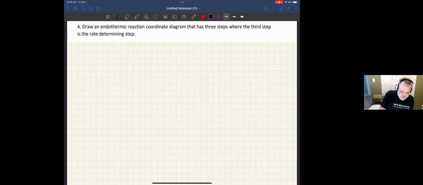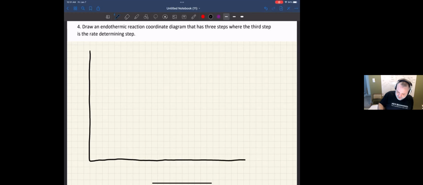Okay, this question is asking you to draw an energy diagram. So draw a reaction coordinate diagram with respect to energy. So we have free energy here on this side, and this is the reaction coordinate on the other side. It wants it to be endothermic. And so now in organic chemistry, we're getting beyond our simple looks at reaction coordinate diagrams by saying, okay,